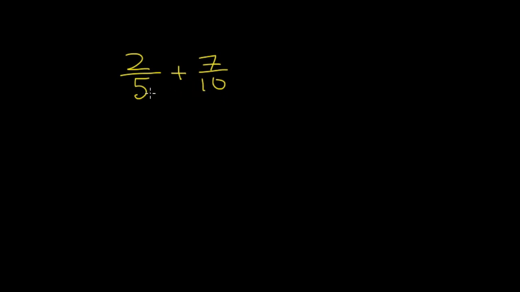Since 5, I can fit that into 10 two times. I'm going to multiply the denominator here by 2. And anything I do to the denominator, I have to do to the numerator. So I'm going to also multiply the 2 by 2. Okay, now to rewrite this, now I have 2 times 2, which is 4, over 5 times 2, which is 10,